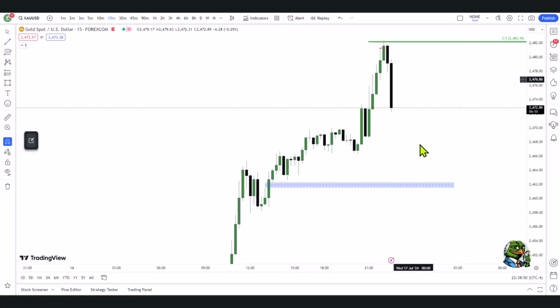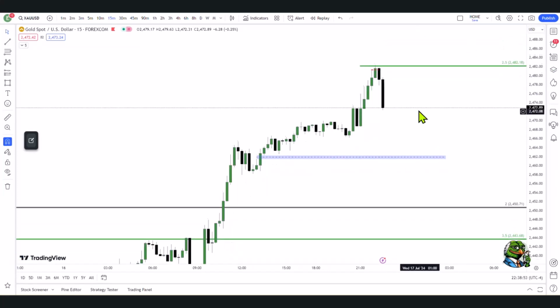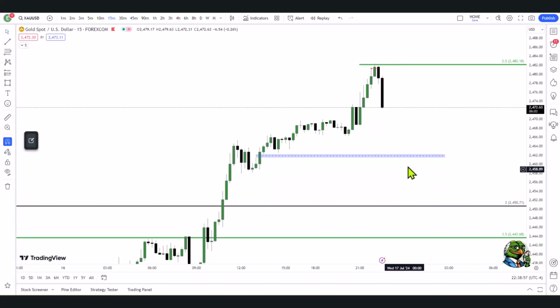This is basically just a scalp trade, right? This is not a high time frame trade to go short. We could continue to go down, that's fine, but that analysis still needs to be done. For now, this is a scalp trade targeting the low of the previous PM session.